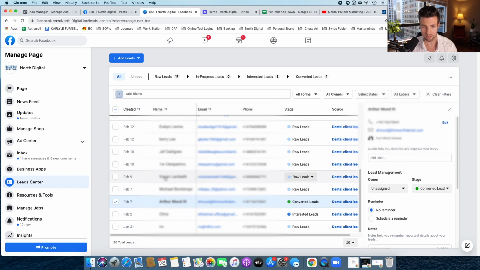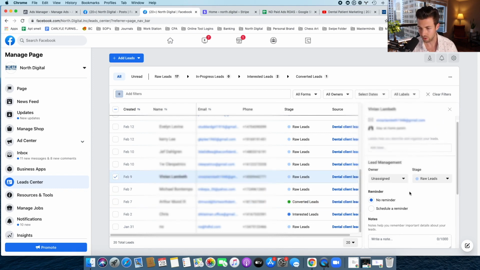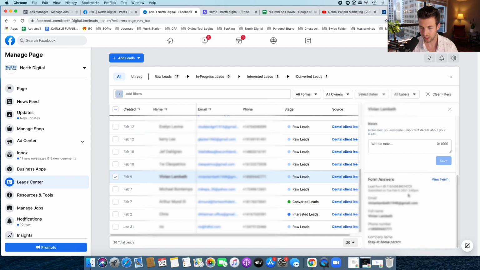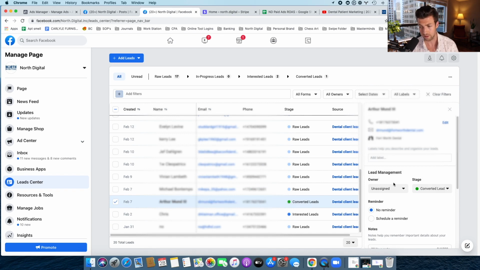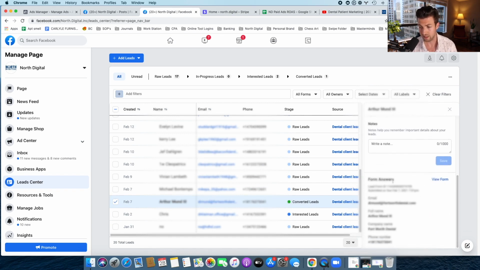And I'll show you an example of some of the junky ones. On Facebook, unfortunately, you do get some riffraff coming in. And for company name, this person put stay-at-home parent. So they're probably not even a dental office. They were confused by the ad, and that's okay. That happened on Facebook. But we do see some good leads coming in. And this one here, if we look at it, we see that this person has put in his email, name, the name of his dental practice in Texas, and his phone number.